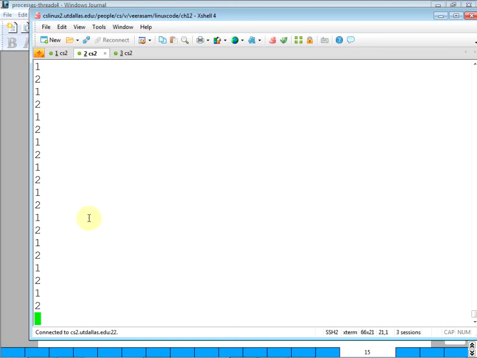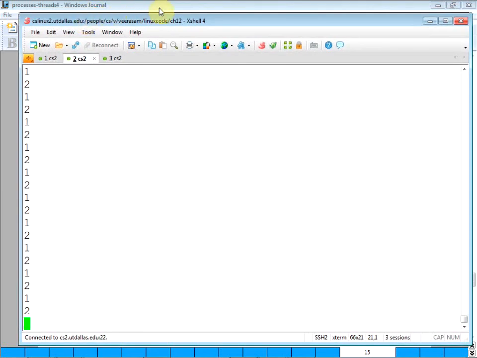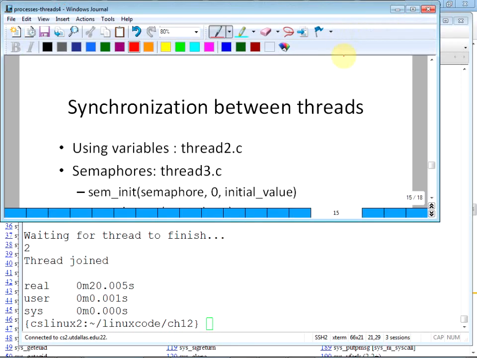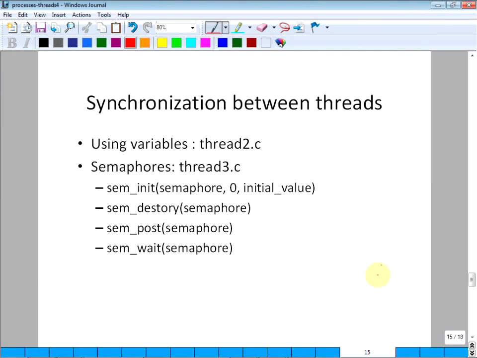Remember how the picture is. Let's try to draw the diagram. Let's say the global variable is 1, and it changes to thread 1, thread 2. Thread 2 looks at it, probably goes to sleep, and this one sleeps too. Thread 1 gets it, makes it 2, looks at it, and goes to sleep.